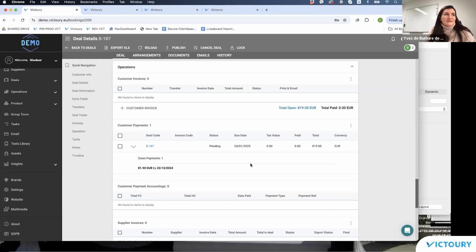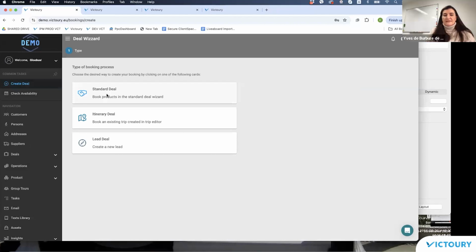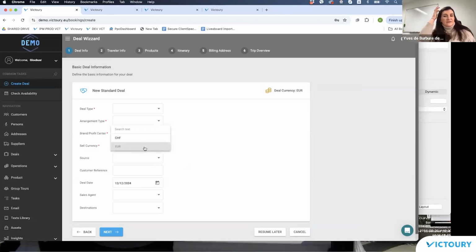For using the multi-currency feature, there's no additional setup that we need to do. So you have seen that in case you set up your currencies and have all your currency exchange rates in order, then the system will already be enabled to allow you to book a deal in a different currency. So if you click on create deal, then you have now only the euro probably, but you will have the other currency as soon as you add this as a target in the currency exchange rate.